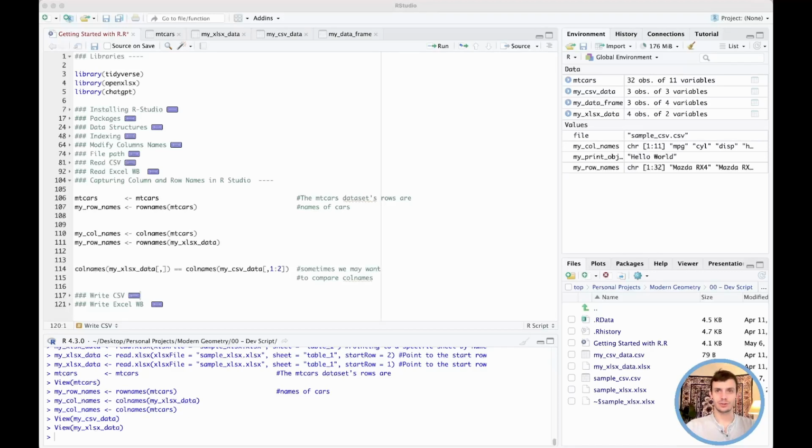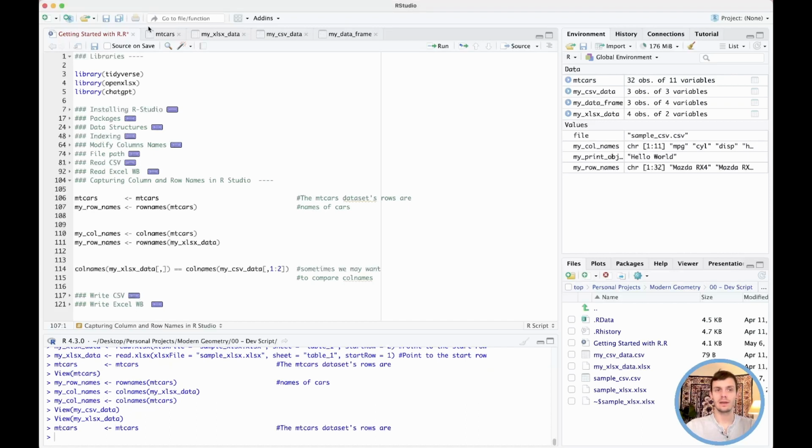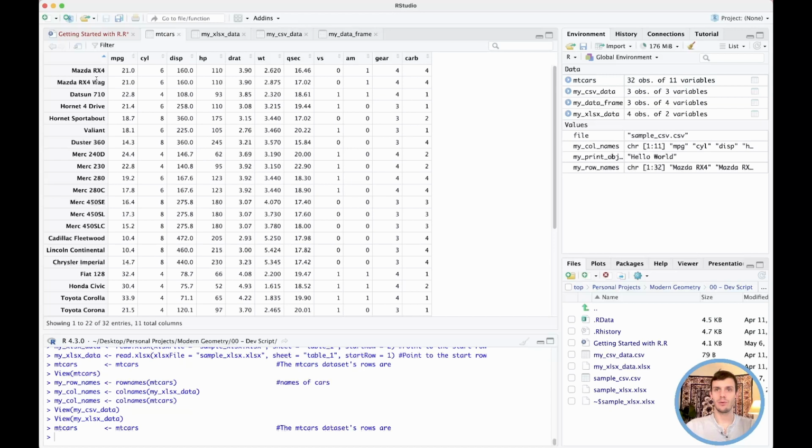In this short tutorial, what I want to show you is how we can capture row names. Now you might be wondering, why is it important for us to capture row names? And so let's look at the mtcars dataset, which is a dataset that comes with RStudio. So let's load that, and we can see here that in the rows we have names, and this is